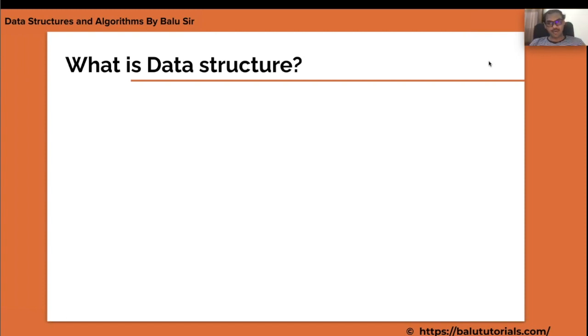So data structure is not a programming language. Data structure does not belong to C or C++. Data structures are applicable to the entire software world. For any programming language or any kind of technology, data structures exist. Syntactically, maybe I'm going to write the code in C, you are going to write the code in C++, or you are going to write the code in Java. Data structure is something about the representation of memory, and it is applicable to all software technologies and all programming languages. Everywhere in software, data structures will come.